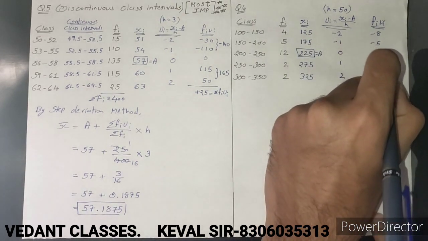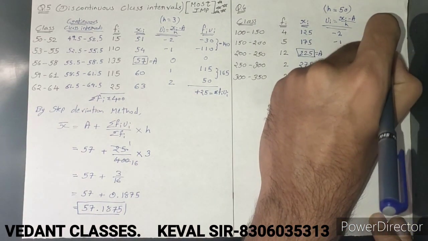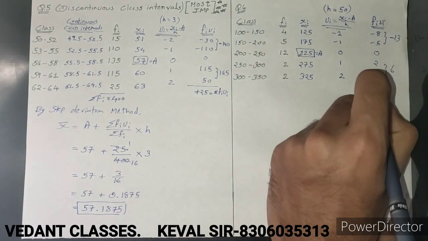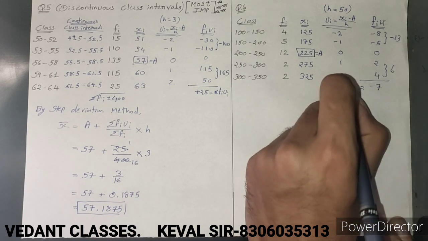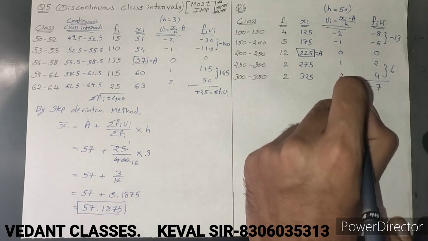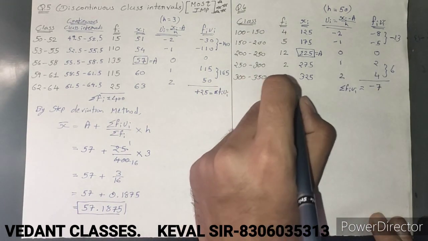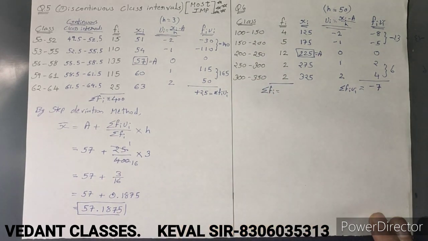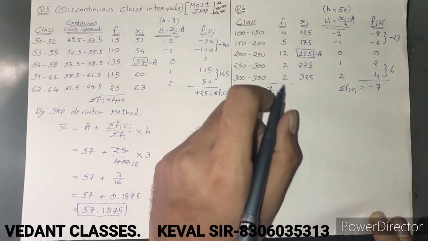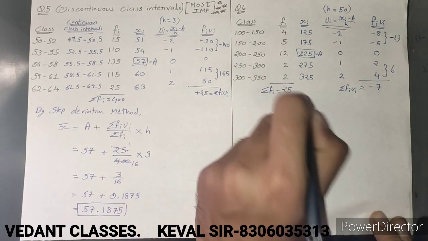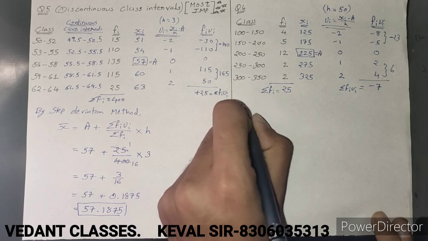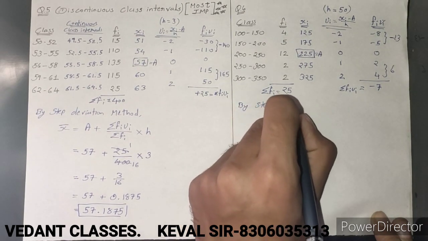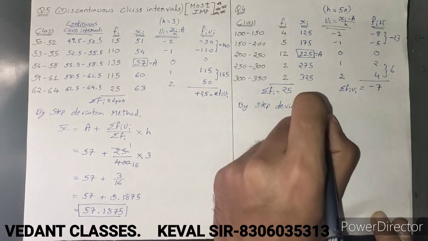So it will be 6 and this will be minus 13. So simply the net value is minus 7. So sigma fi ui is minus 7. Now value of sigma fi, it is 25. So now by step deviation method,